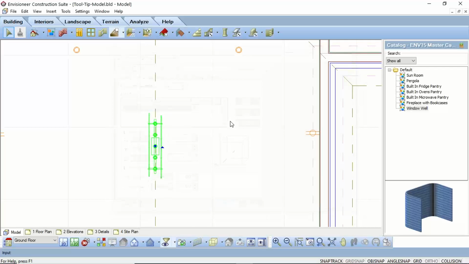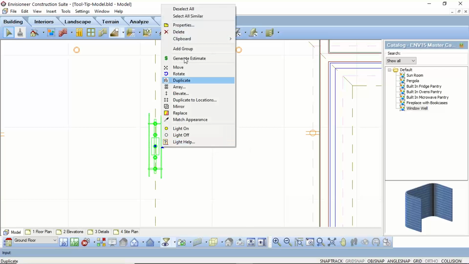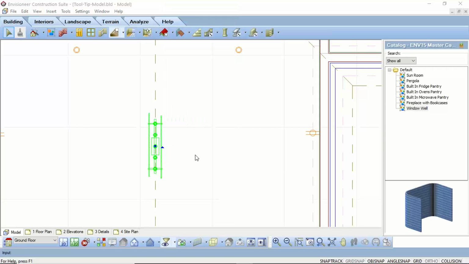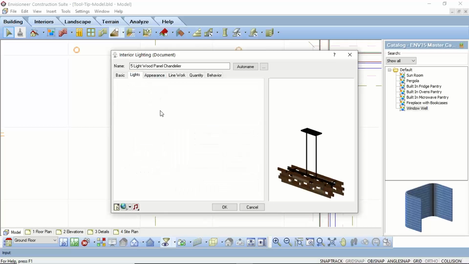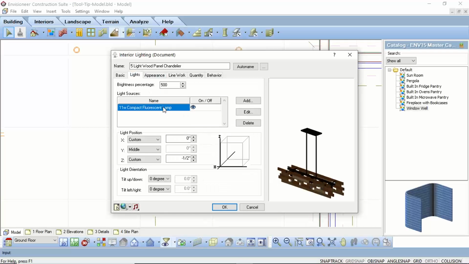If I say OK to that, when I render this, all these other lights won't have a light source to them. So you'll see just one light source from this one bulb shining down. It's not going to be a very accurate depiction of what the light would look like. So that's why it's an option that you can add in multiple lights as well. So we go back in and we say properties. What we can then do is go back into lights, and you can say, well, I want to add in